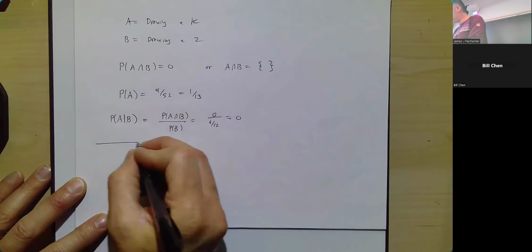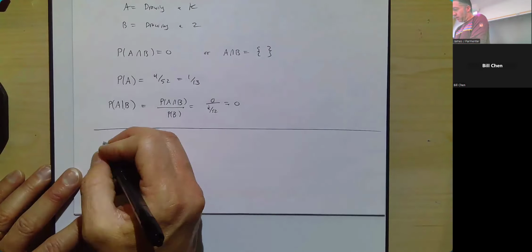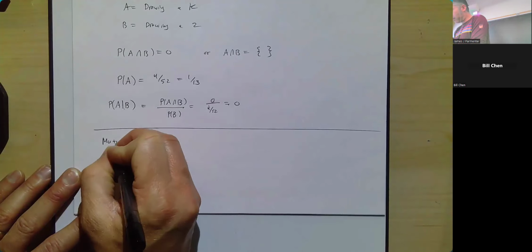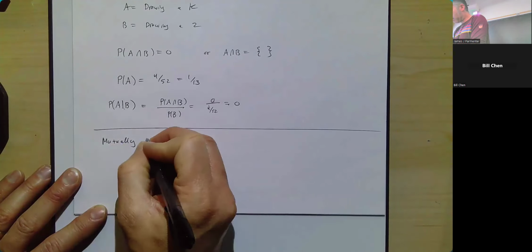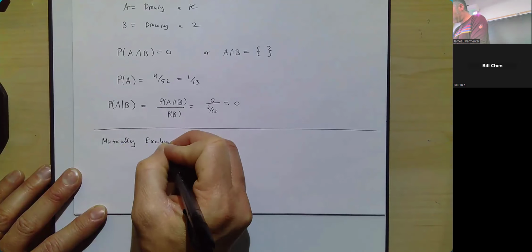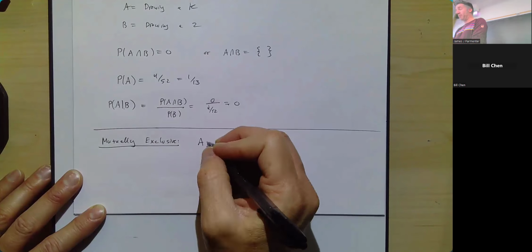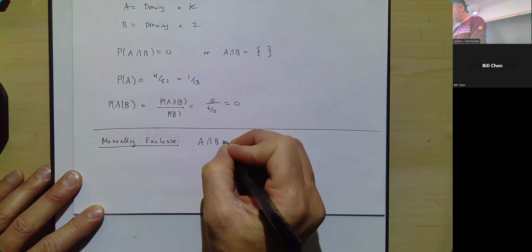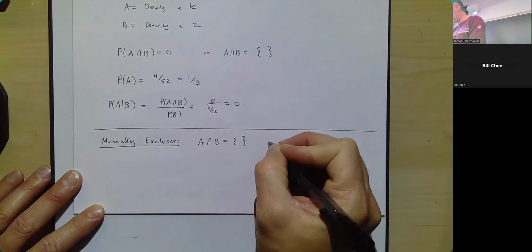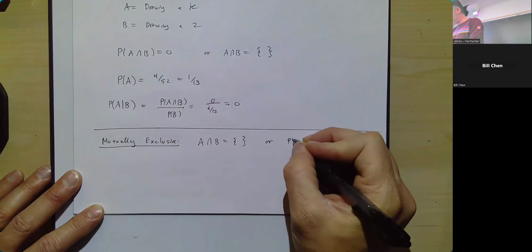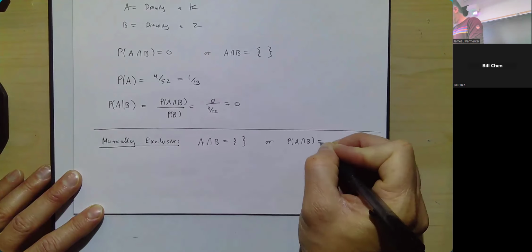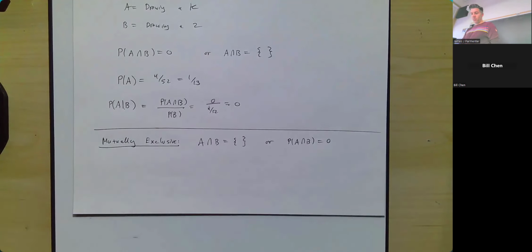So just as a reminder, mutually exclusive means there's no overlap. Intersection is 0. So it is empty. A intersect B is the empty set, or equally phrased, the probability of A intersect B is 0. Whereas